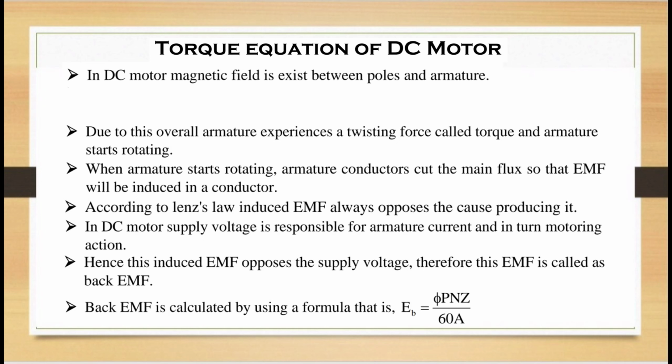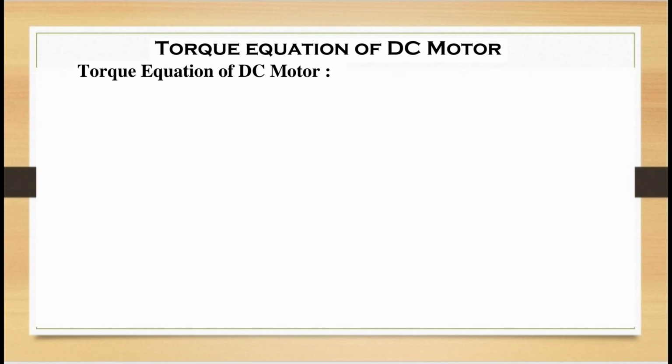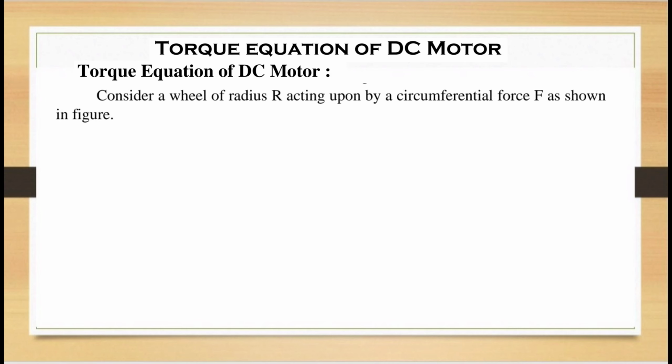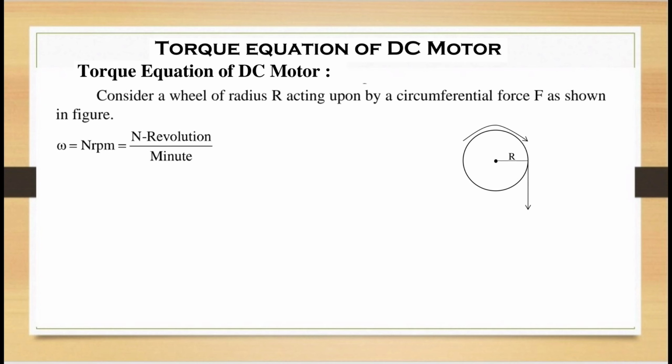Now our duty is to find how much torque is produced at the shaft of the DC motor. This will be given by the equation known as torque equation of a DC motor. Now let's start the derivation. To get the torque equation, first we need to know about the relation between power and torque. For that, consider a wheel of radius r acted upon by a circumferential force F as shown in figure. The wheel is rotating at a speed of n rpm, then its angular speed will be omega equals n rpm,